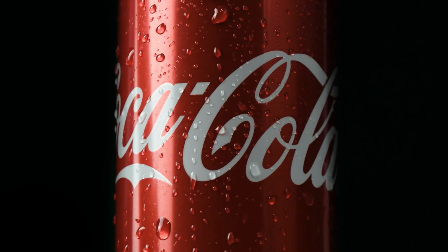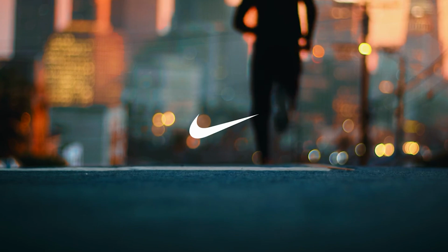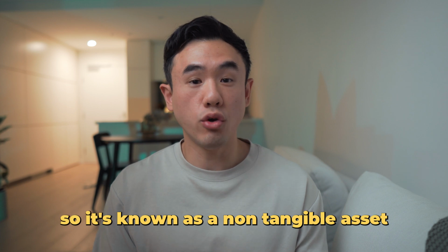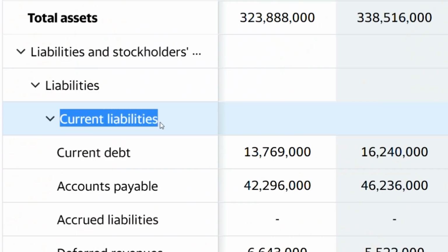Think of brands like Coca-Cola and Nike. These brands are recognized instantly worldwide, and so there's definitely value in that. However, you can't really put a price on that, so it's known as a non-tangible asset. Next, when it comes to liabilities, all we really care about are a company's current liabilities, which is the debt